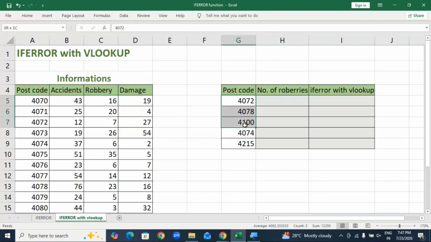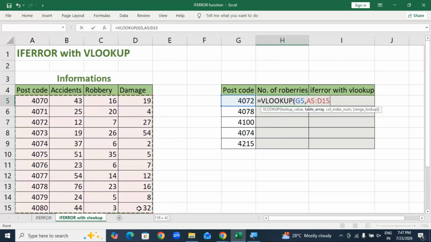But here we have taken some codes. Using the VLOOKUP function, I want to find out the number of robberies in this particular code. How to find it here? Equals VLOOKUP function, lookup value, this one, then comma, table array. The table array is this one only. Select the entire table,